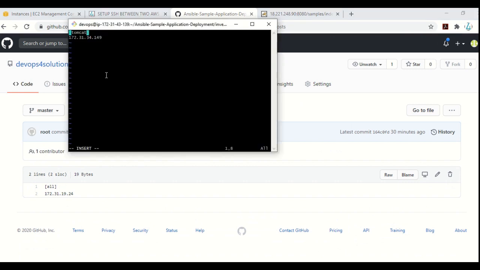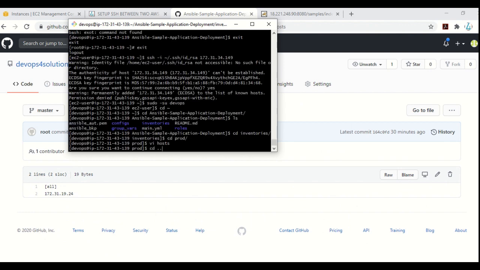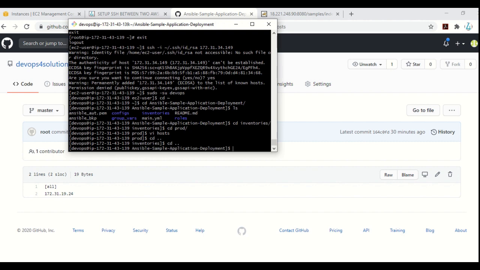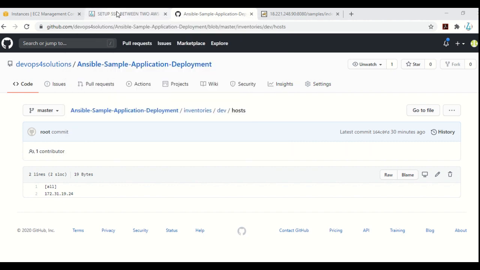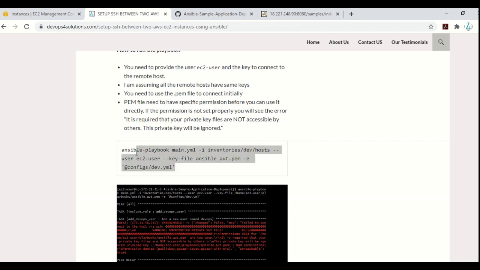So let me just do it all here. Okay, and I have just put this. Now what will I do? I just rerun the playbook with the prod.yaml file.